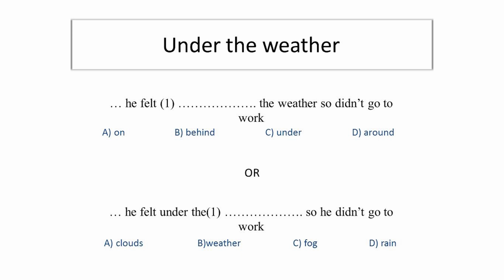options, okay? Or the second way, it can appear with the other part omitted. So we have under there, and again, you can do the same thing here. The same strategy: analyze, under what? Under clouds, fog, rain? Fog and rain is weather actually. So the correct one is under the weather.